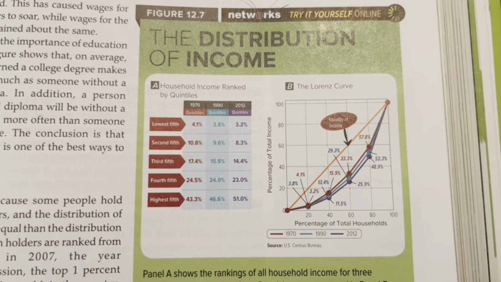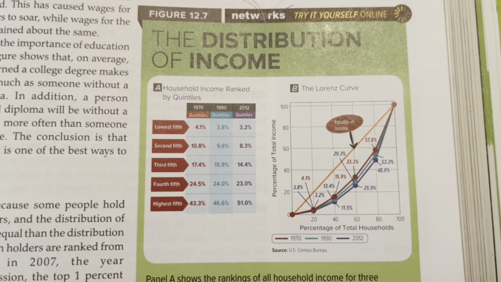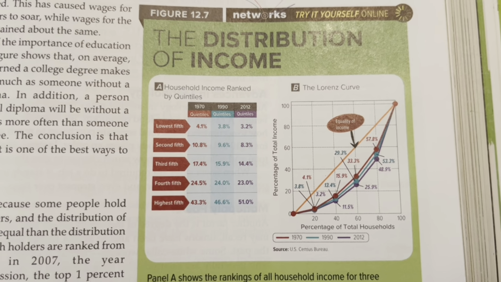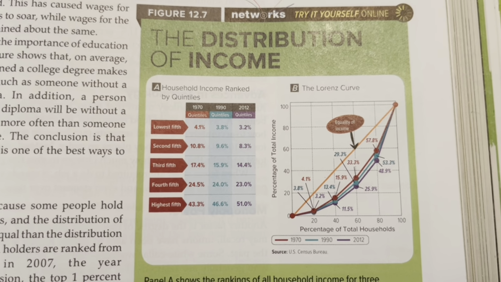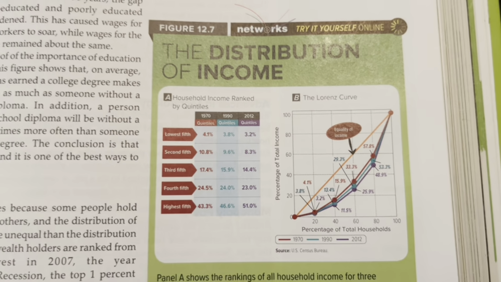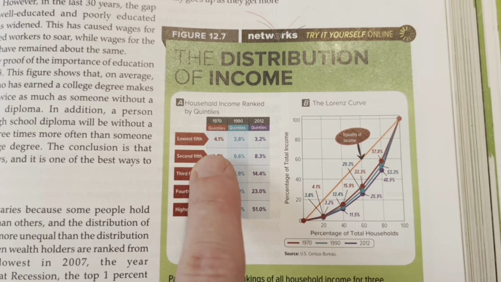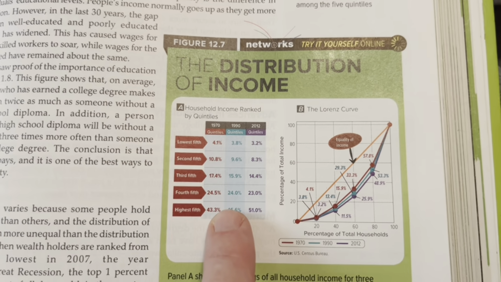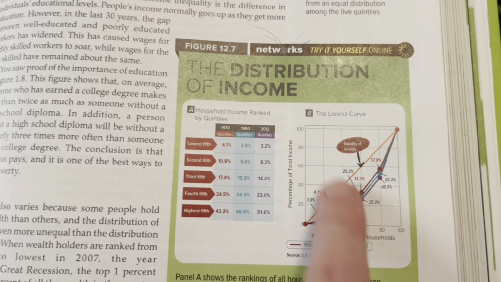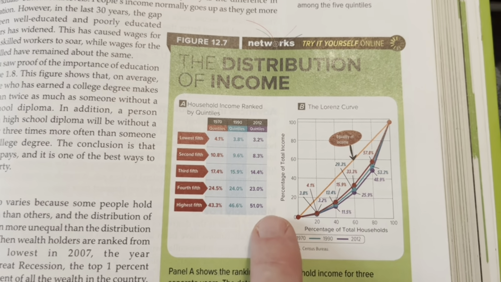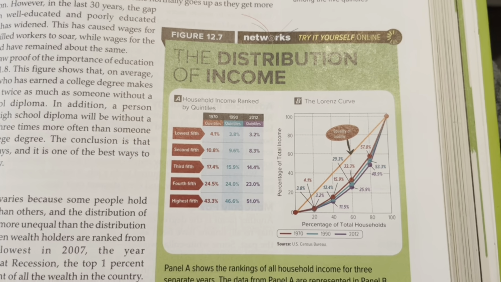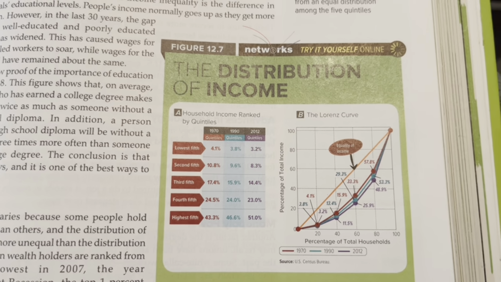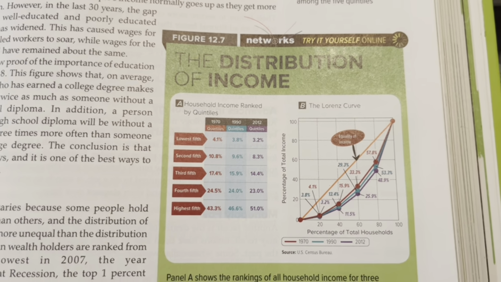There's a reason we want you to learn about economics and learn about how the world works, because it makes a difference in your life. And this kind of shows the difference it can make. So on this chart here, it's showing the quintiles and the percentages at each level. So make sure you understand this information and understand the wealth distribution and the factors that decide how wealth is going to be distributed.